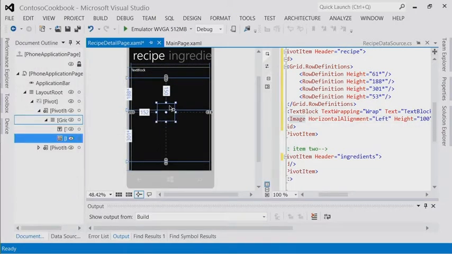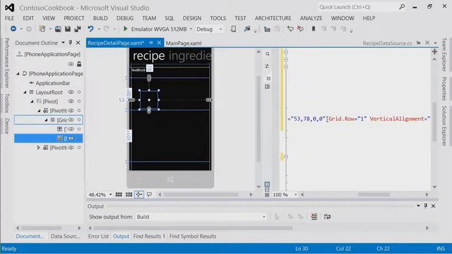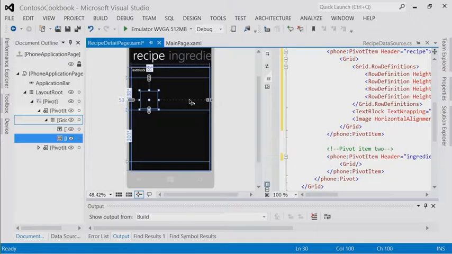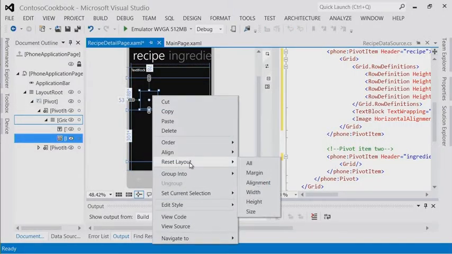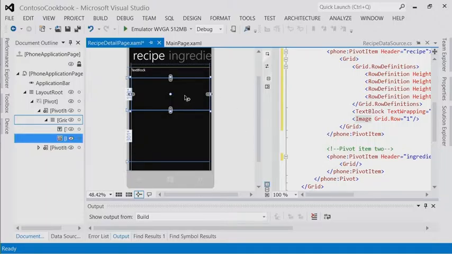So you can actually position things. If you just drag it up, you see the red line there on the bottom. That means we're focusing it into that row of the grid. So image now, if we scroll over to the right, in the XAML, you can see that that has stuck that into grid.row equals 1. And I'm going to reset the layout on that, and again remove all of the margins